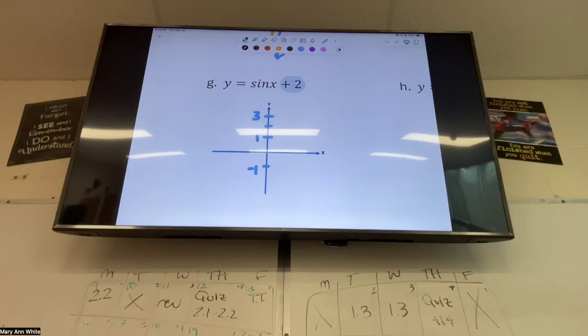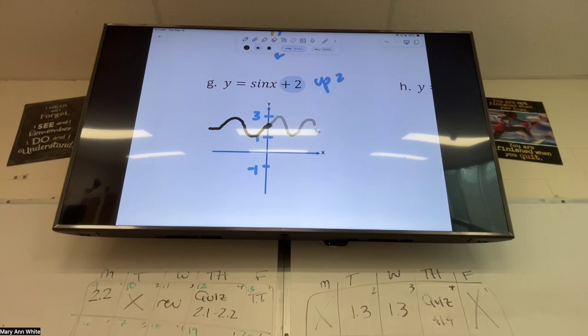Does sine start at the top of my graph, or does it start in the middle of my graph? In the middle. Normally it starts at 0, 0. So I had to go up 2 units, which makes it go through 0, 2. And then now I'm going to wave. And we're trying to keep even waves, and we're trying to go all the way up to 3 and all the way down to 1. Yeah,